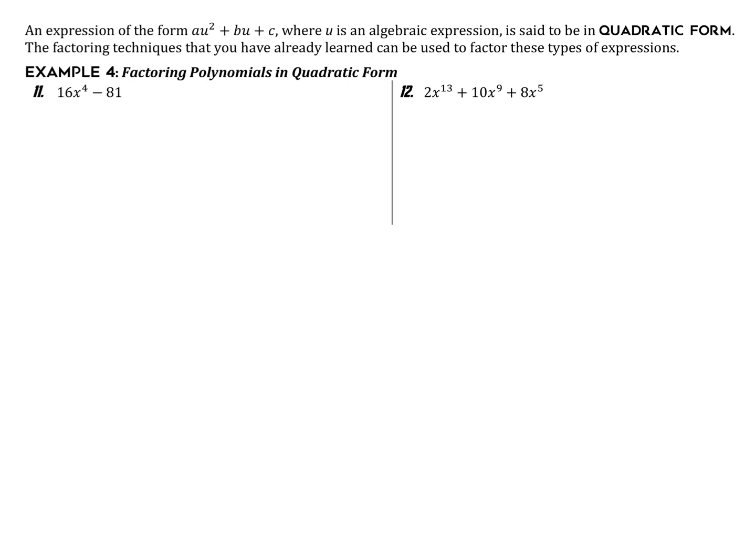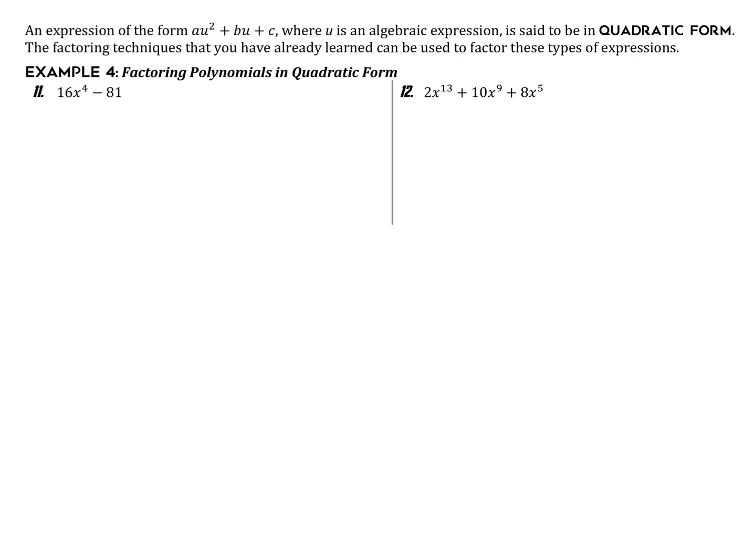The point that I want to point out here is that we are factoring something that is in quadratic form, and it's in quadratic form because we have a times something squared plus b times something plus c as a factor after we complete our factoring. But this really doesn't change anything that we're doing here. So I'm going to encourage you to pause the video and factor these completely, and then unpause the video and